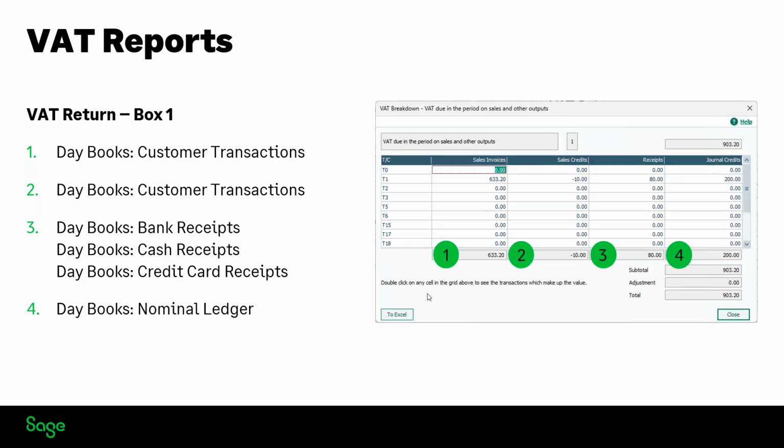Now, just quickly heading back to the slides, that final column on the drill down, the journal credits in this case, easiest way to run that one, it's a daybook nominal ledger report. If you run that report, again, it's available from those reconciliation reports. You just need to go into nominal and you'll have the daybook nominal ledger report,